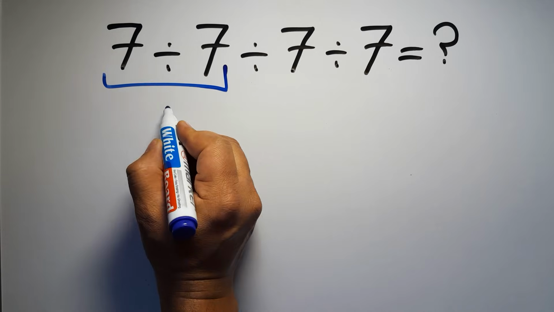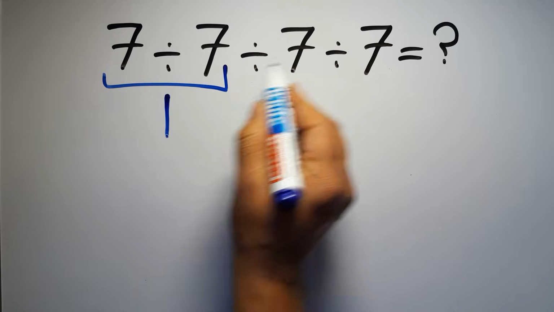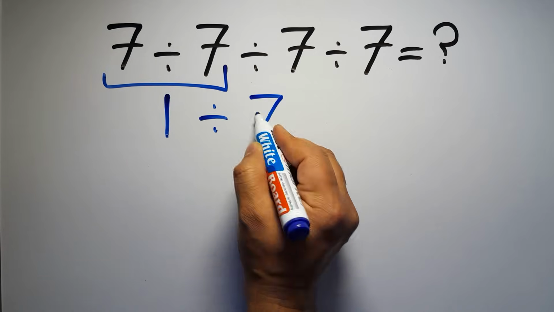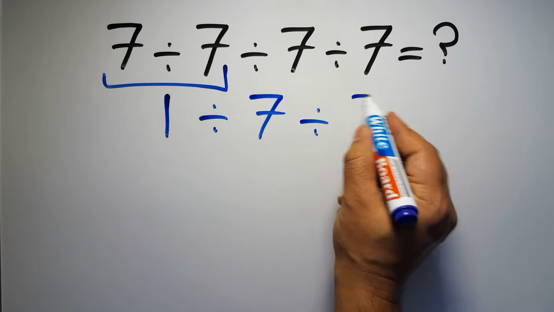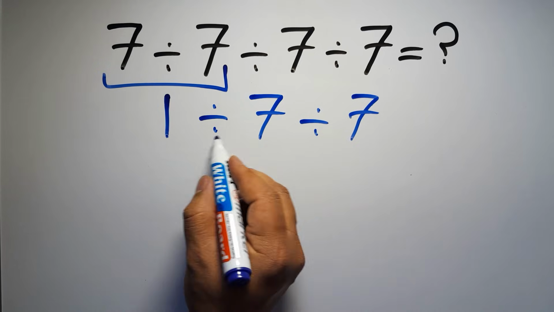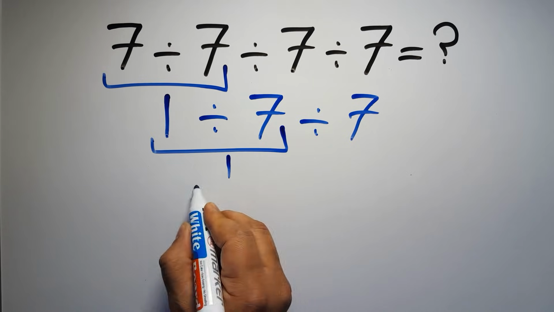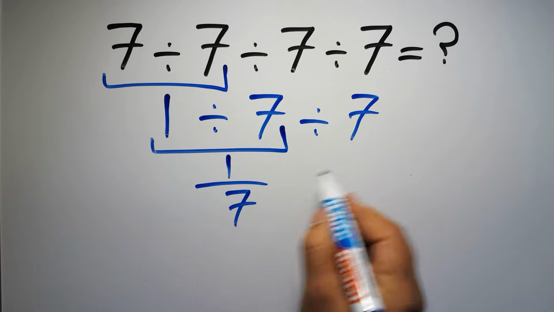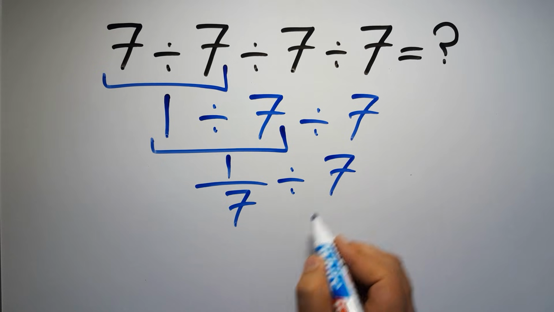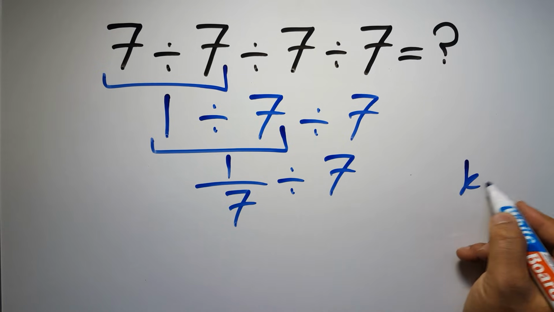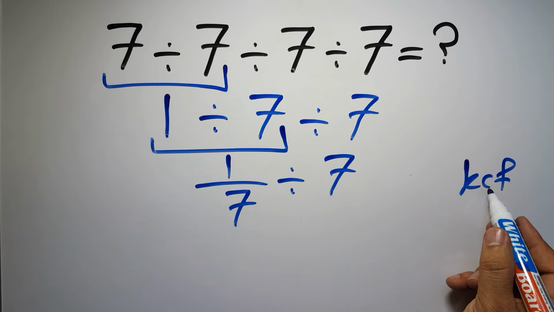7 divided by 7 equals 1. So 1 divided by 7 and again divided by 7. Now we have to do this division. 1 divided by 7 can be written as 1 over 7. Then divided by 7. Now, according to the KCF rule, K stands for keep, C stands for change, and F